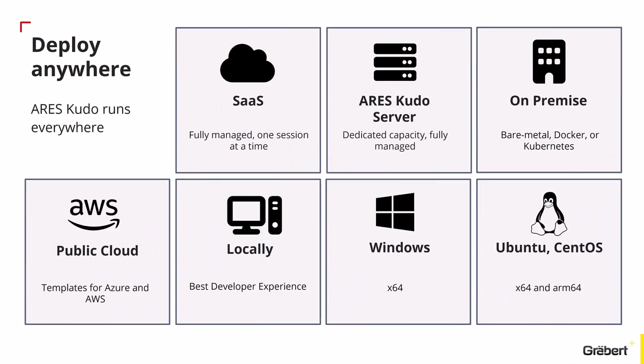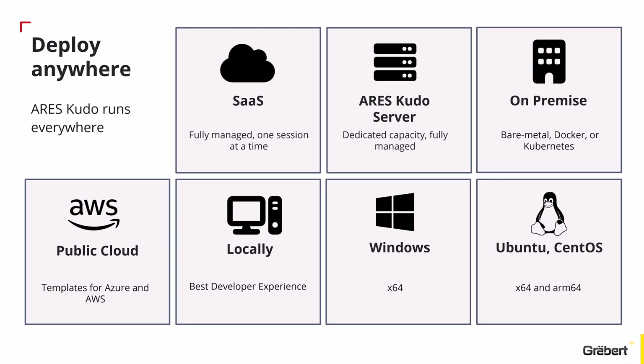Let's go to deployment, right? So I would say the classic way, Iris Kudo is a web service, and that's how it's run. This is the SaaS option. But we realize a lot of our partners have very different needs here, and so we want to give you choice in this matter. And so we have the SaaS offering. Here you don't have to run anything. We'll just give you an API key and you can run Iris Kudo within your service.